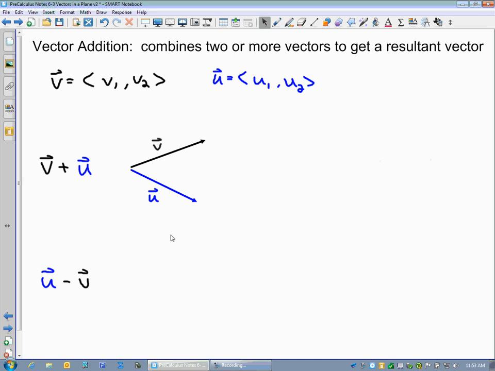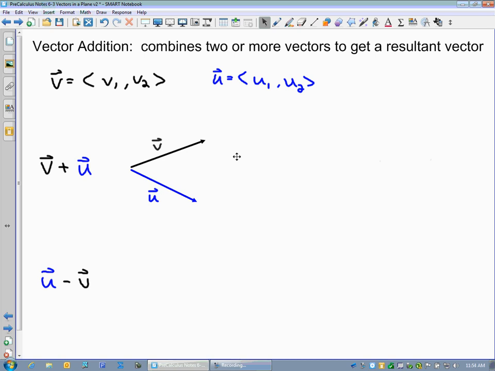We're using no numbers here, so this is completely general to any vectors. If I wanted to add them, we use what's called the parallelogram rule, or the head-to-tail method. The parallelogram rule says that I can take this vector and bring it over to here,